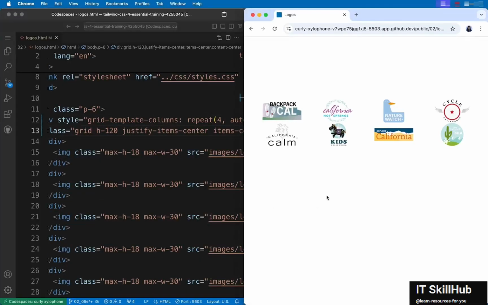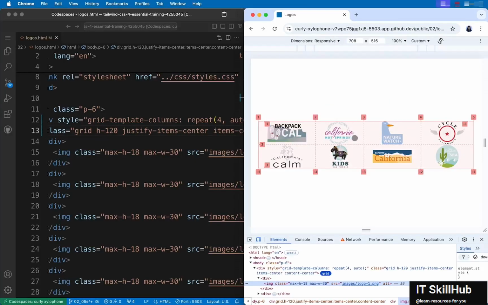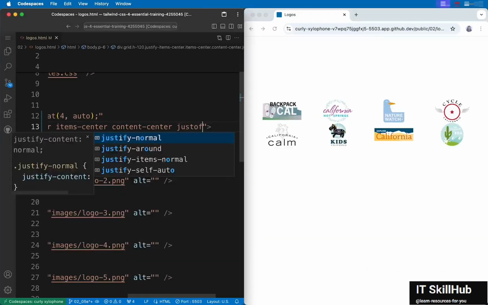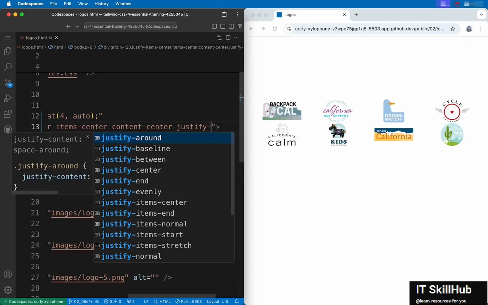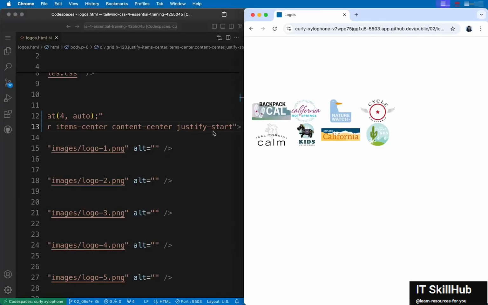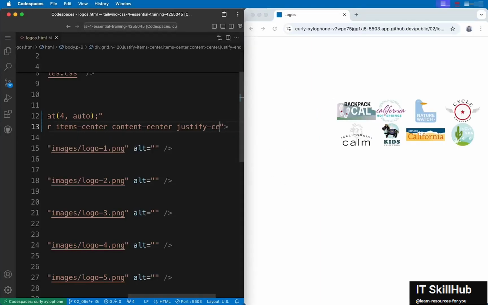Now let me refresh. You wouldn't notice much of a difference because these logos are all of similar size, but if you inspect the element, you will now see some difference, like this column is slightly smaller than this one because now they are auto-sized but are also stretching by default. Once again, to change that behavior, in Tailwind that's simply justify. Justify-stretch is the default, you might have guessed it. Justify-start will make all the columns stack in the beginning of the container, end will push it to the end, and then center will put them in the center.